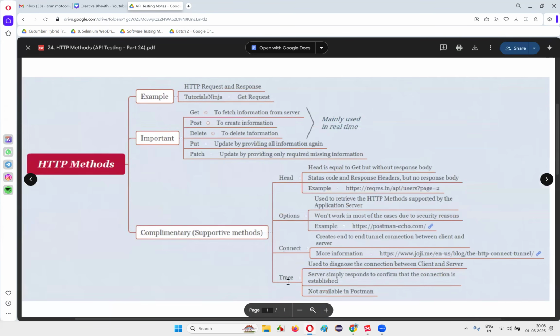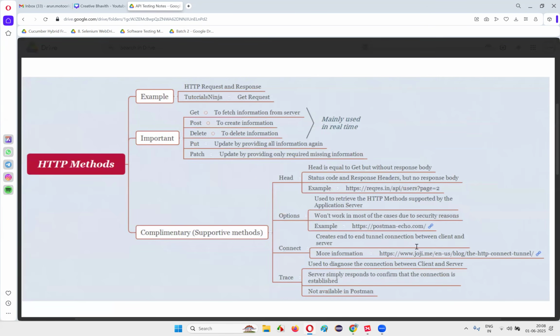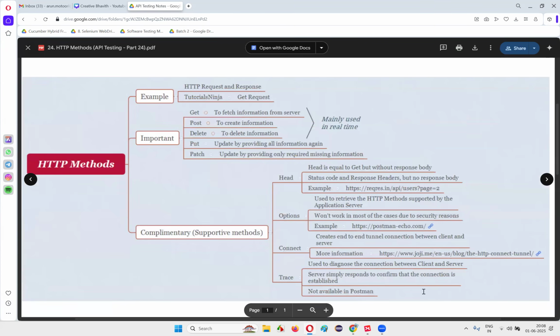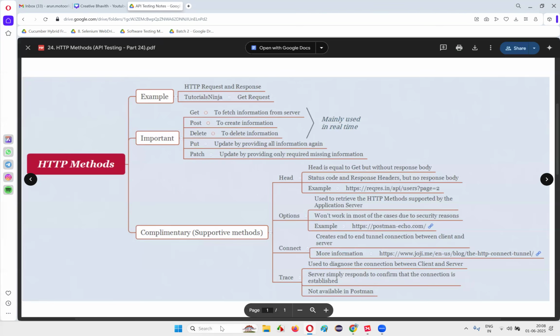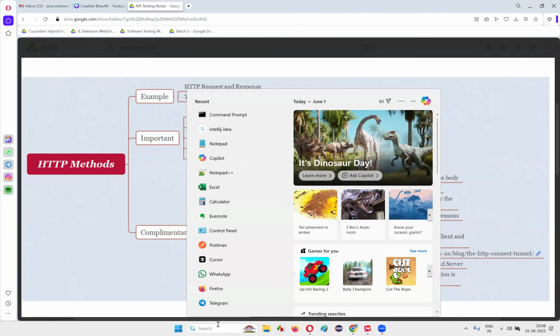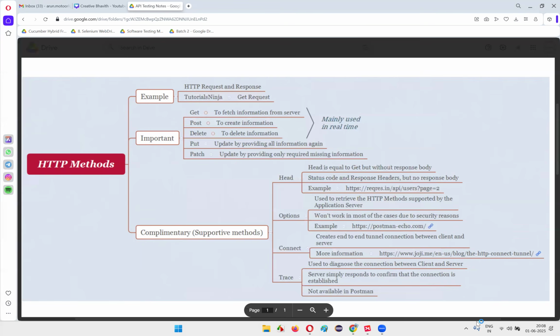Hope you're able to see the information in the notes. So this is what I'm going to cover first. We are going to do a lot of research on these topics, not just explanation. Along with my explanation, I'm also going to do some research on these topics live. So let's begin. So guys, whenever we are performing API testing, for example in the Postman tool,